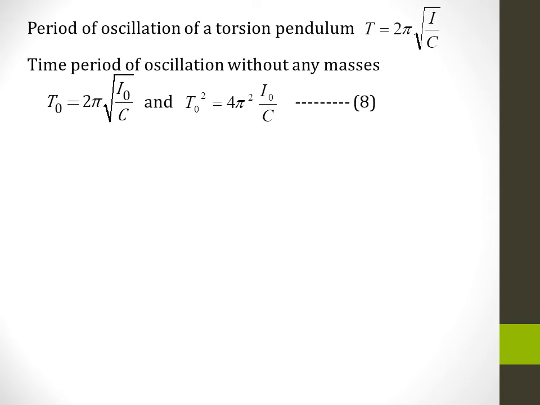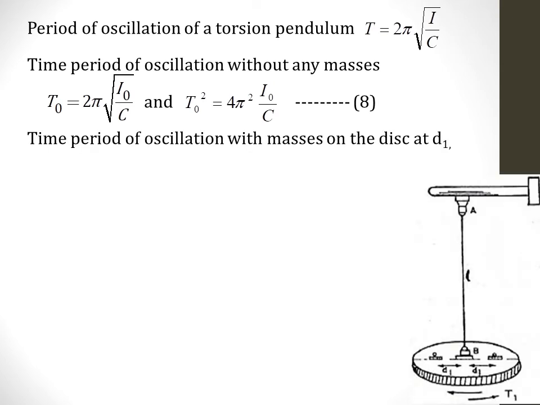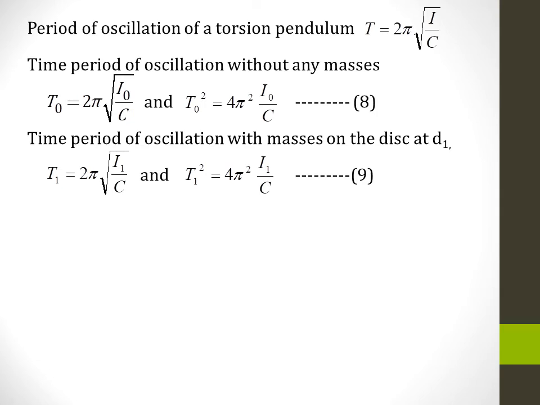This is represented as equation 8. The time period of oscillation when we place the masses on the disc at a close distance d1 is given by T1 equal to 2 pi square root I1 by c, and squaring this, we obtain T1 square as 4 pi square I1 by c, and this is